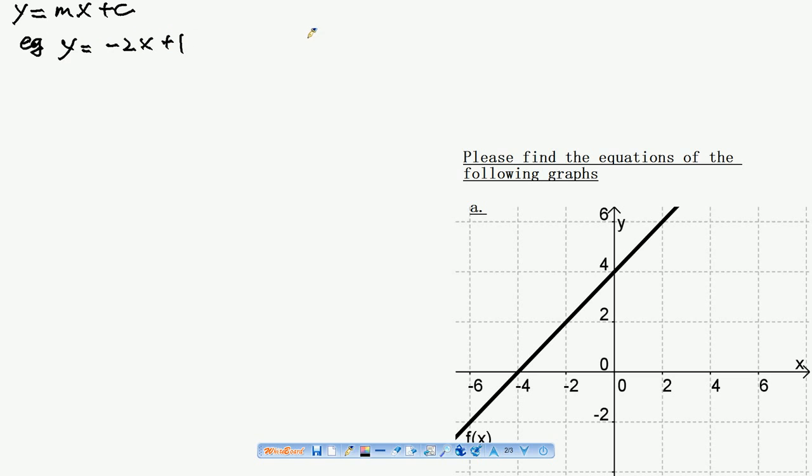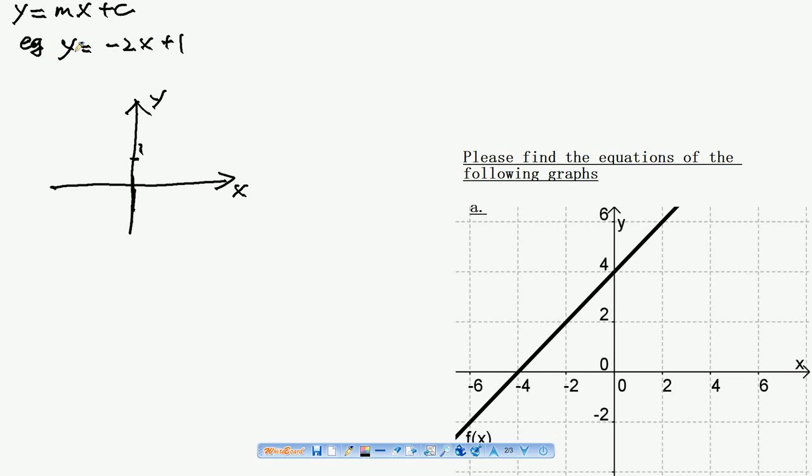The graph of this, as we discussed before, should have a y-intercept at 1,